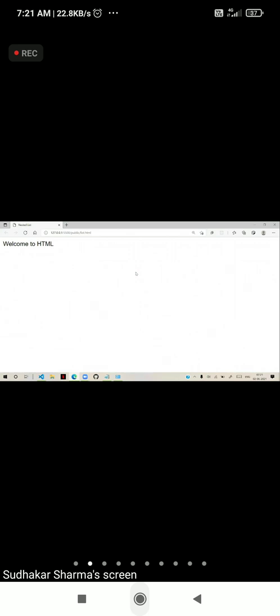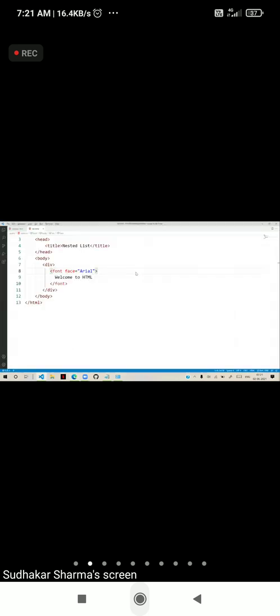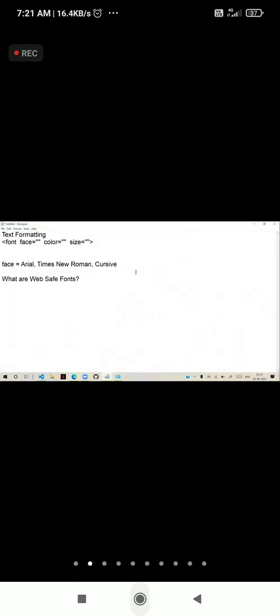If the font is not supported, then it will take the default font. The default fonts are sans-serif. We have serif, and we have monospace. These three are called web safe fonts.